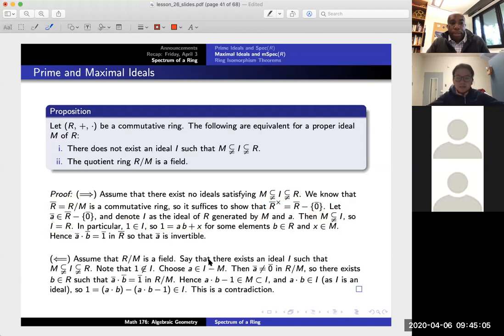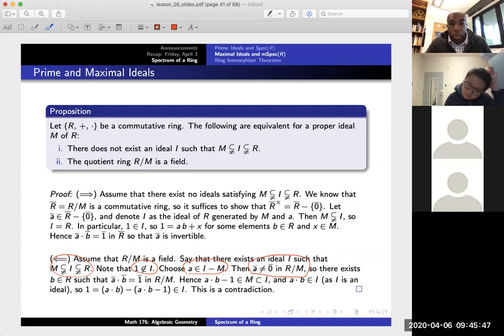So let me quickly go over the opposite direction. If R mod M is a field, let's say, by way of contradiction, that I can find an ideal I that is strictly between M and R. Right, so now we're going to try to do this by contradiction. Well, notice that the number 1 is not in I, because if it were, then I would have to equal R. So let's choose an element A that is in I, but it is not in M. Right, so again, I here doesn't equal M, so I can find an element in I that is not in M. So that really means in the quotient,